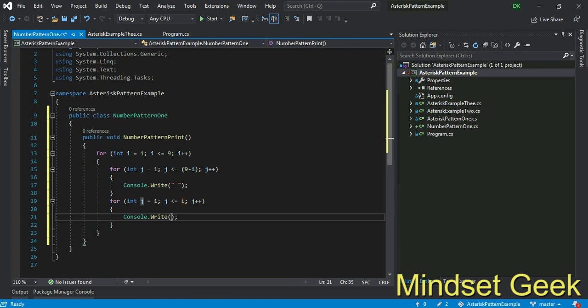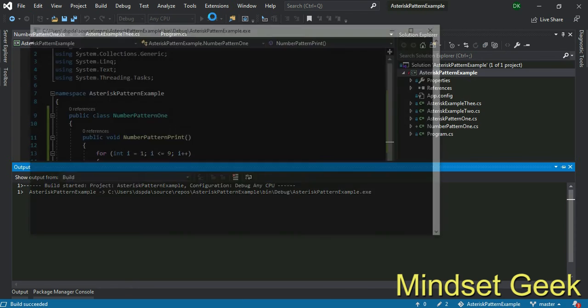Now we use J, right? We need one more for loop for the decrementing value. Before that, I run this example and check what the result will be.